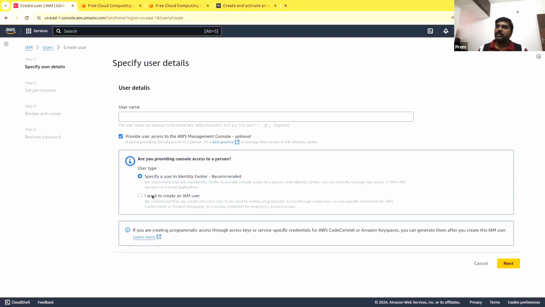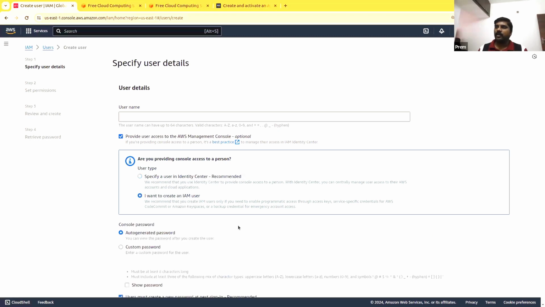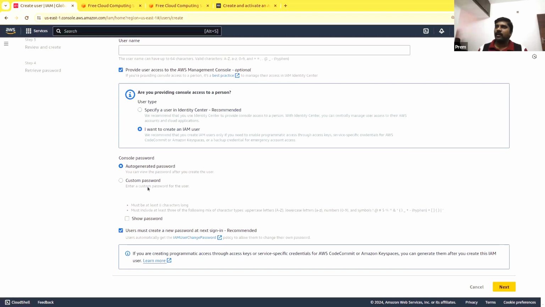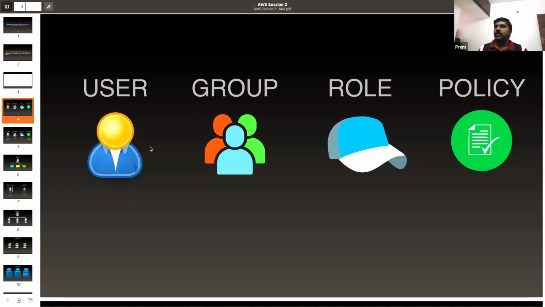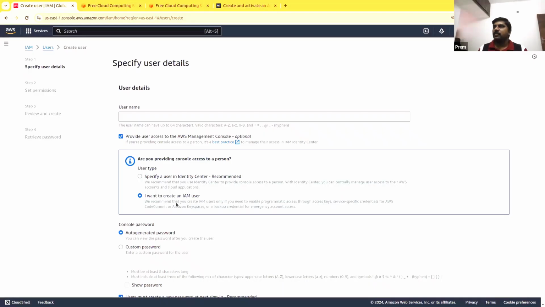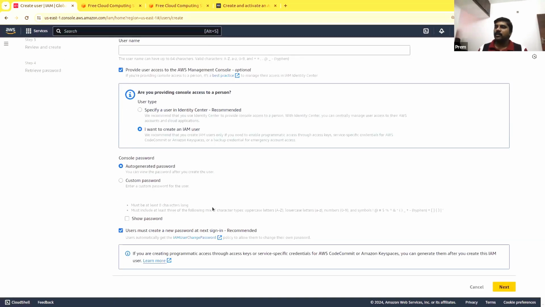But if you specify this, there are two options they are providing: go to the Identity Center, or create a user here itself. We can create it here itself. It will create and provide a password. You can create a password and share it, so then that user will be able to log in. So that is a user. Creating a user doesn't mean they have access. Even though I say they will have access to the management console, if I am not giving any access, they will not be able to see any service from here.